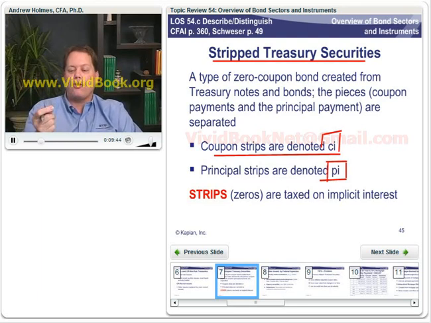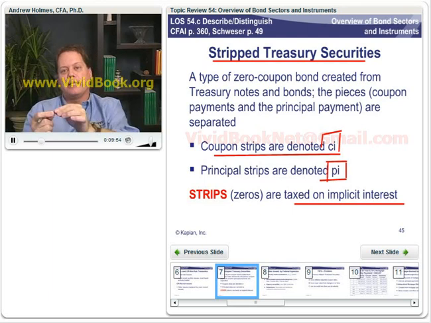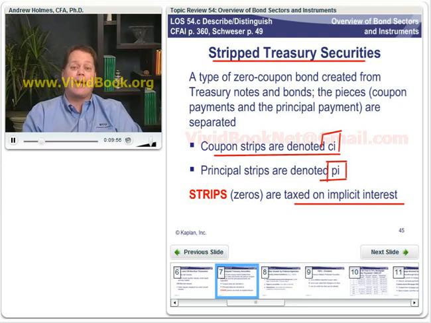So if I buy a coupon that's going to entitle me to receive, let's say, $1,000 23 years from now, I'm going to pay $100 for that today or something along those lines. Okay, well, I'm going to be taxed on the implicit interest. So these are, in fact, negative cash flow securities because I have to pay taxes every year on the interest I've earned, even though I haven't actually received any cash flows from that. All right, so anyway, stripped securities, both principal and interest strips, are available.